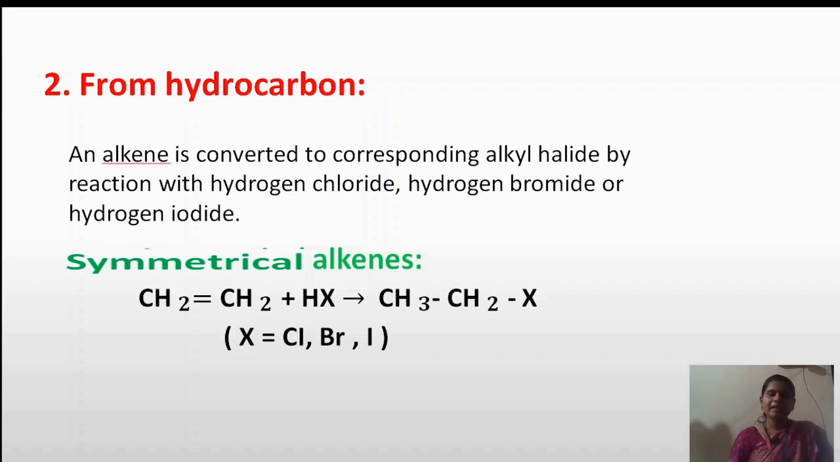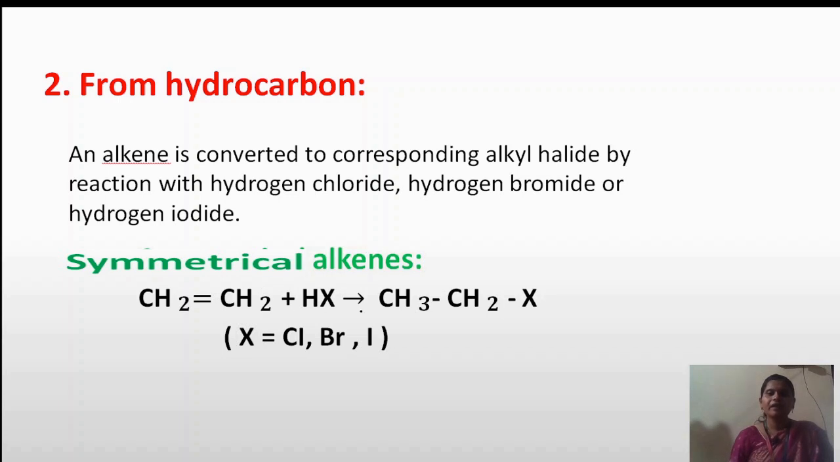First is the symmetrical alkene. Now what do you mean by the symmetrical alkene? Symmetrical alkene is that alkene which has the same groups on both sides of the double bond. Now in this example, CH2 double bond CH2, these two same groups are attached across the double bond, that is CH2 and CH2, and when we react this symmetrical alkene, this is ethene, with